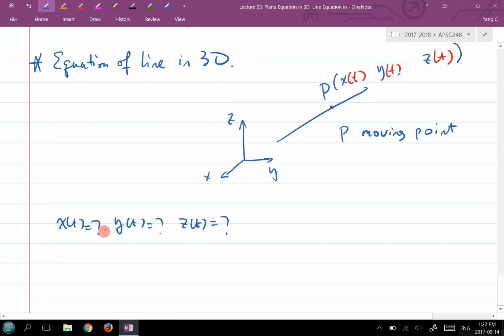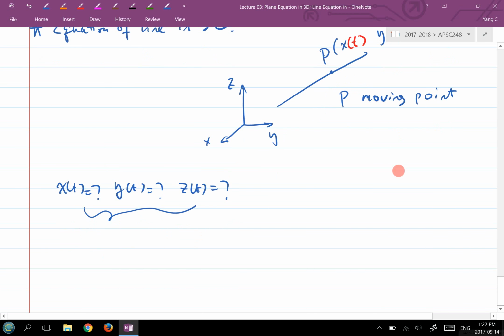So I don't have it yet. I don't have any general expression yet. But just think if you have one, right? If you have an expression here and here, so you will have three equations basically. So these three equations, okay, and this is something new now. This is basically all in terms of t. Okay, it's all in terms of t,